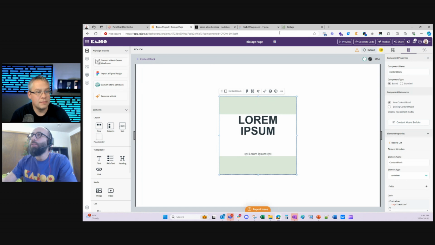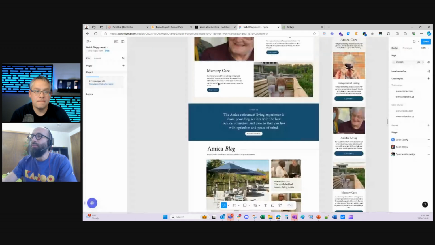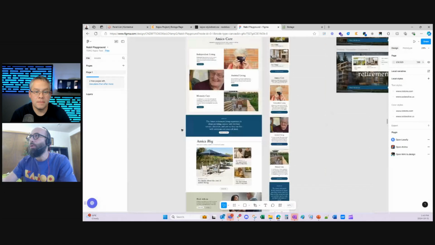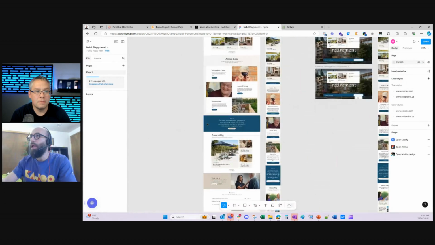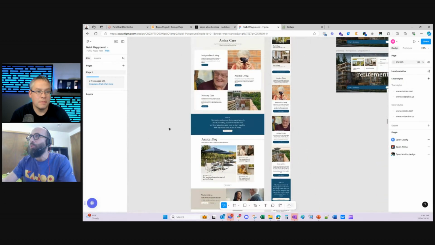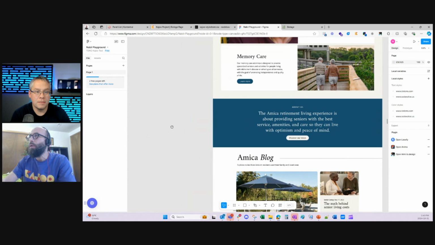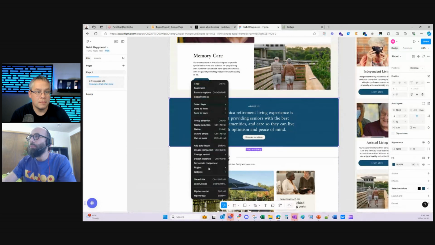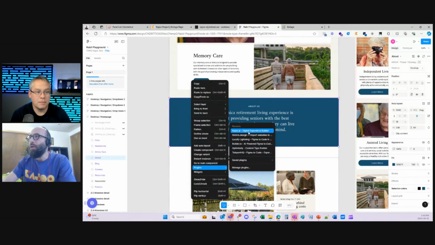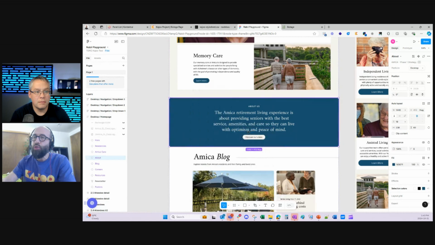So yeah, this is the use case of importing from an existing site, and now I can also import from Figma. So I have a new design, for example, in Figma, and I want to add a new component that the designer built for me. We have a Figma plugin for Kajoo.